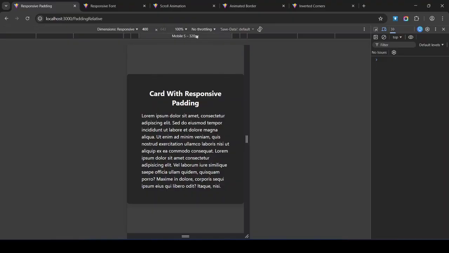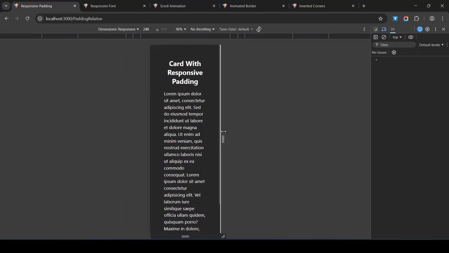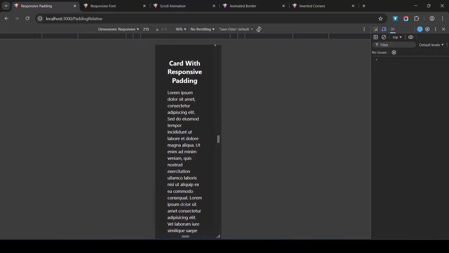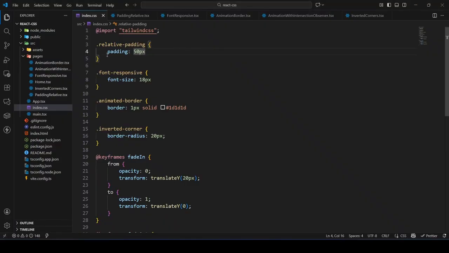So here on this screen, the size is this. And then for a smaller screen, as you can see, padding is still too much. And that is because I'm using this. Okay, I'm using 50 pixels, but for a smaller size screen, I would use something like